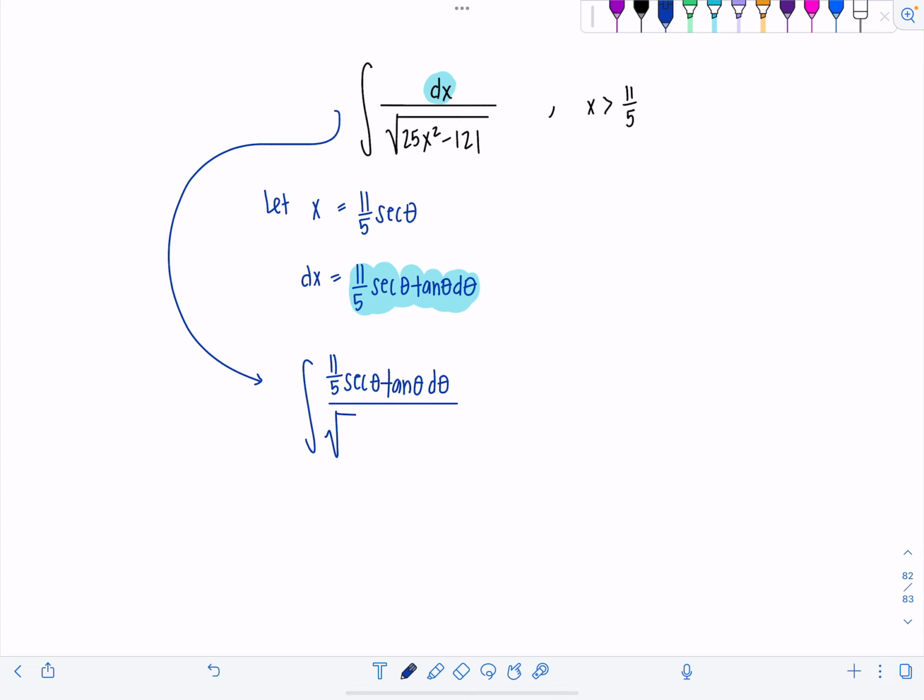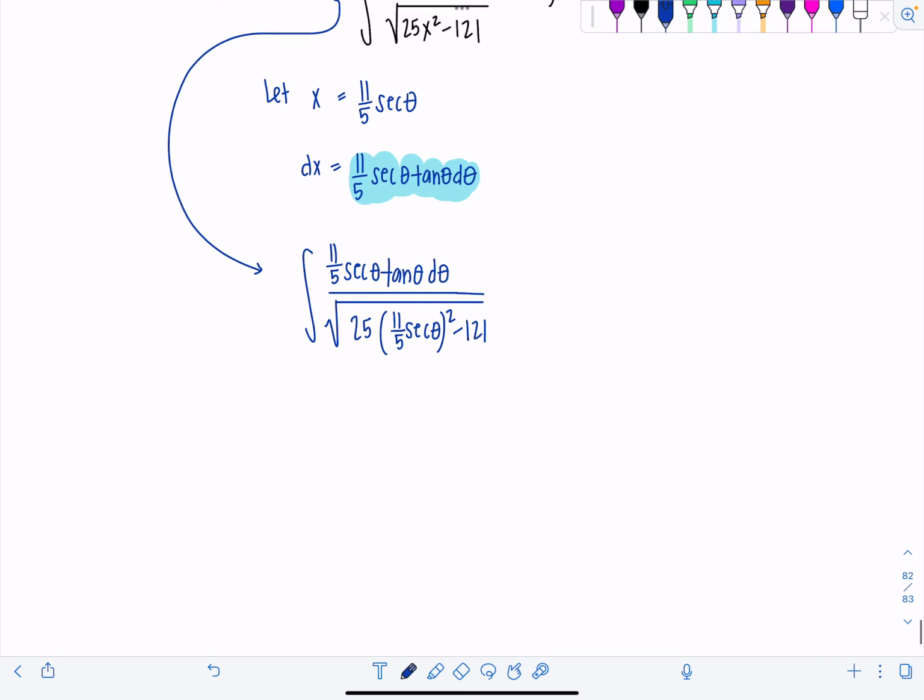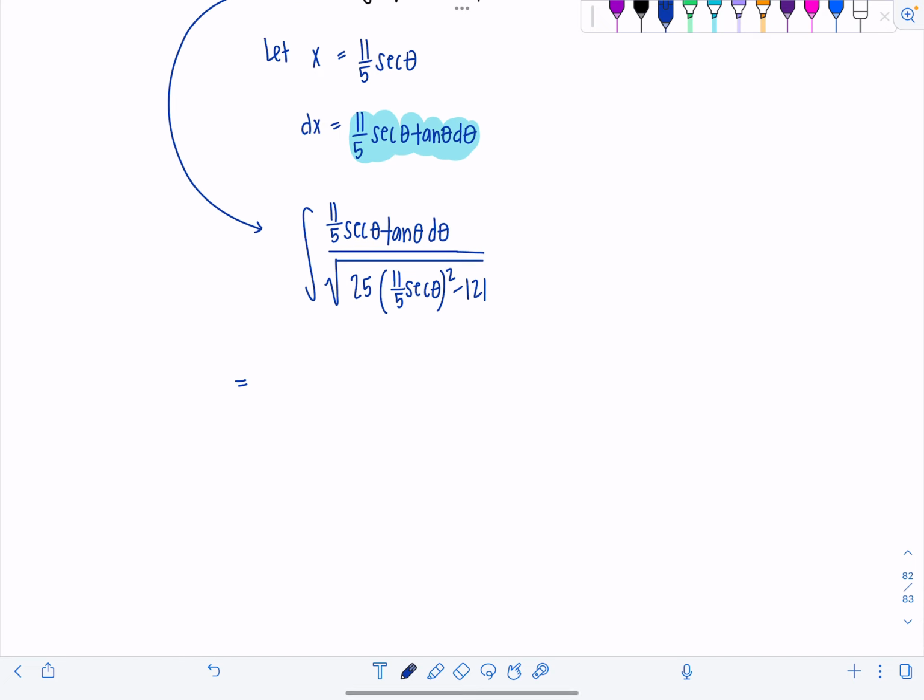Then in the denominator, we have the square root. I won't skip any steps just in case this is tricky for you, like it was for my student. So then we've got 25 x squared. That's going to be 11 over 5 secant theta squared minus 121. Good? Yes, I love it. Now let's start rolling. So immediately, I want you to take this constant outside. Put it here so it's not bothering us anymore. Good. Then we have secant theta, tan theta, d theta over